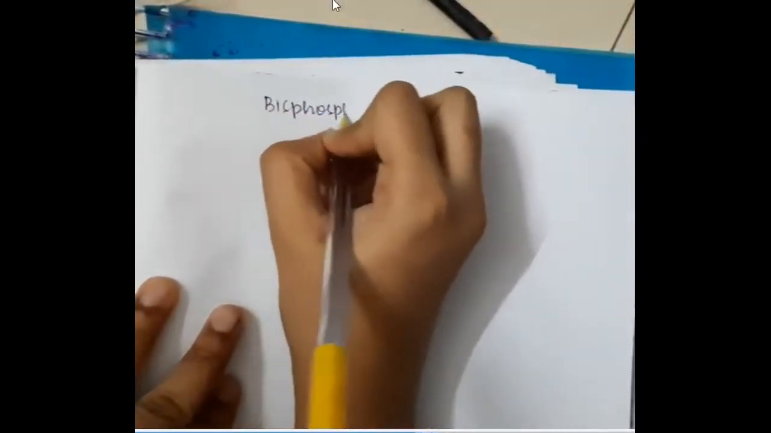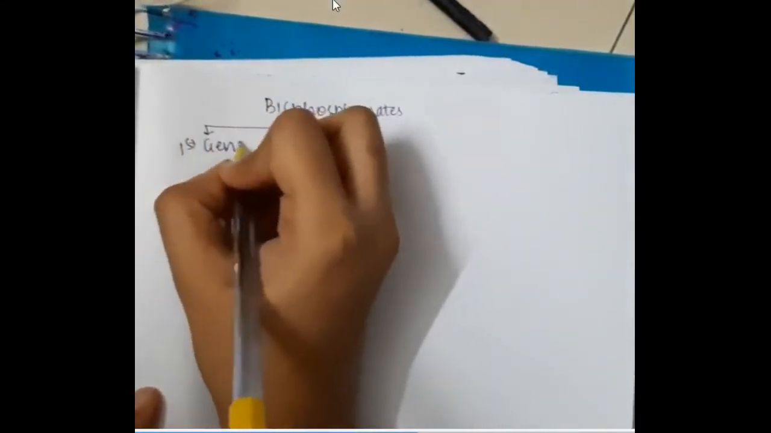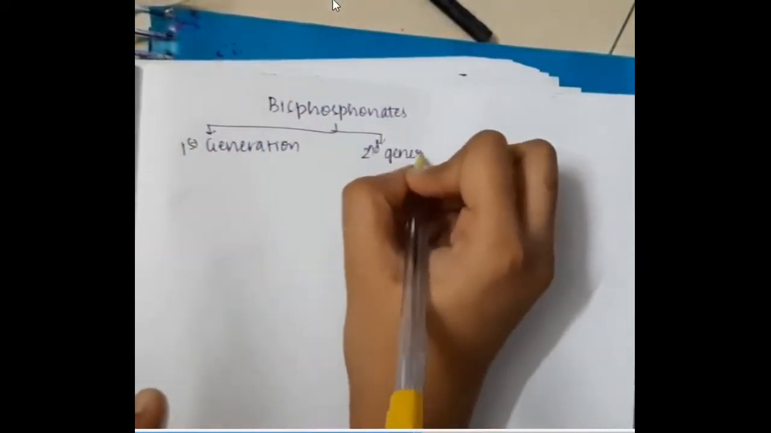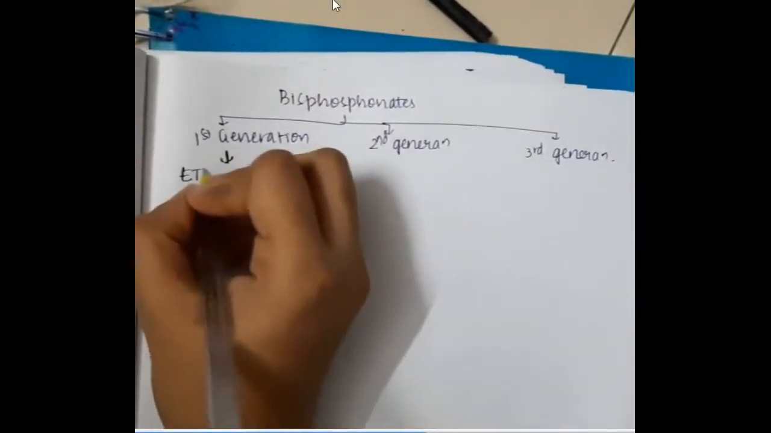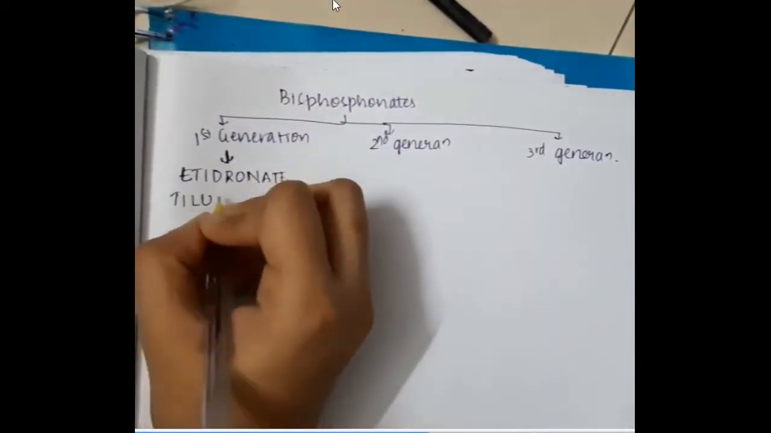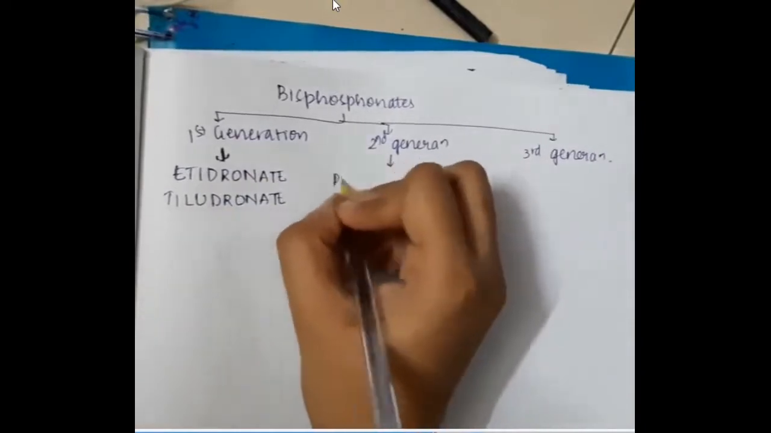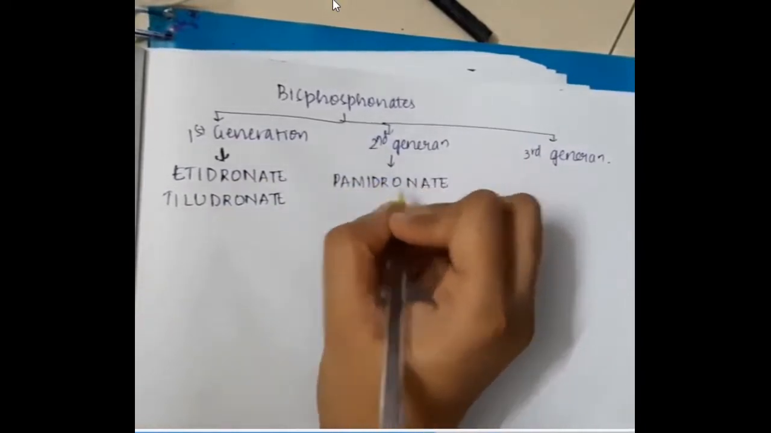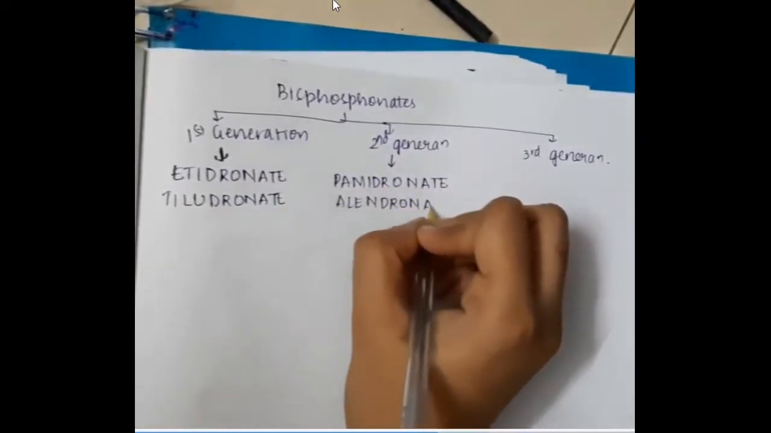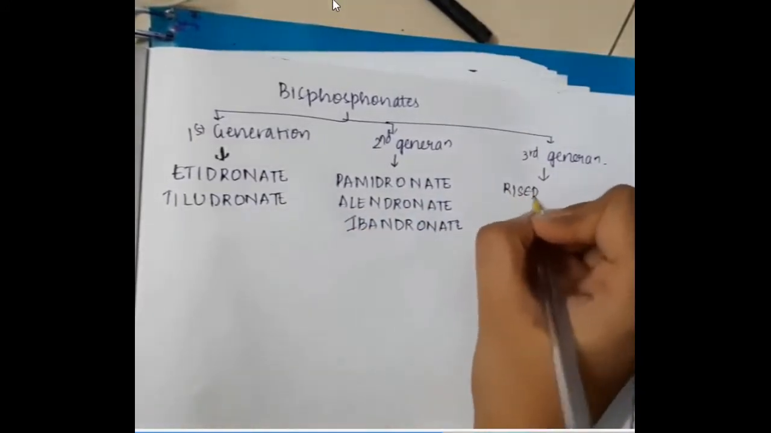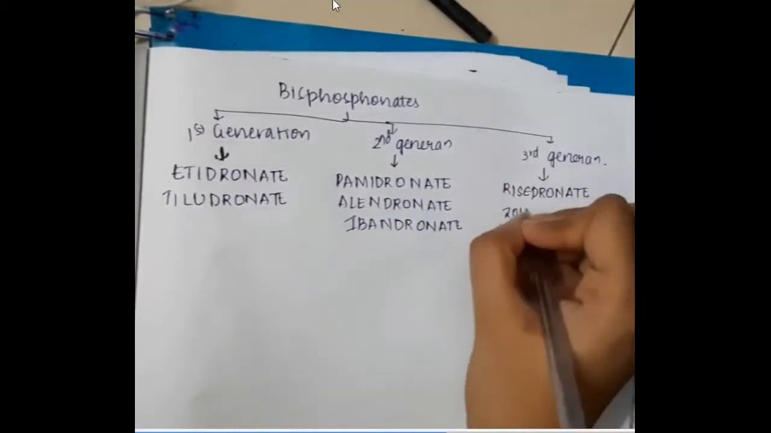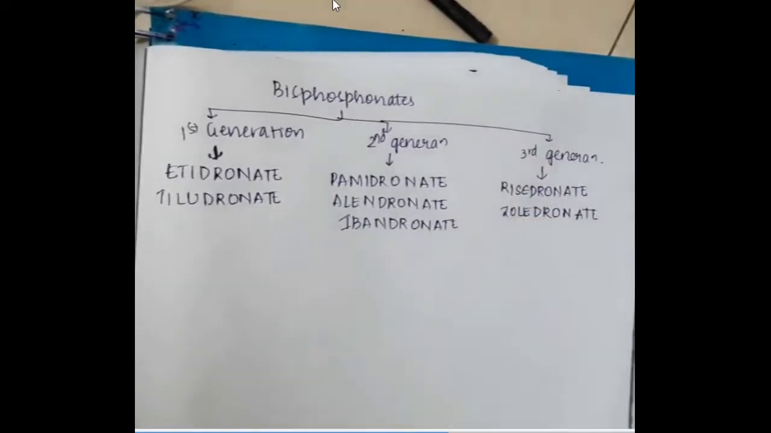Then we have the bisphosphonate drugs. Bisphosphonates can be divided into 3 generations. The first generation includes drugs like etidronate and tiludronate. The second generation includes pamidronate, alendronate, and ibandronate, whereas third generation drugs include risedronate and zoledronate. So